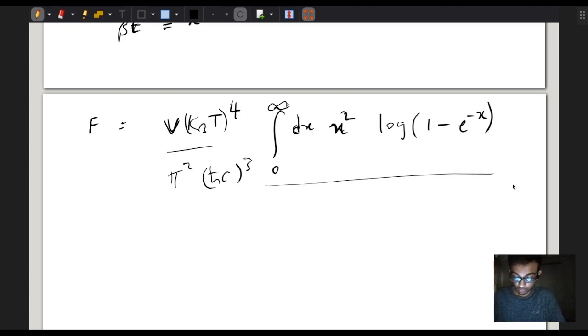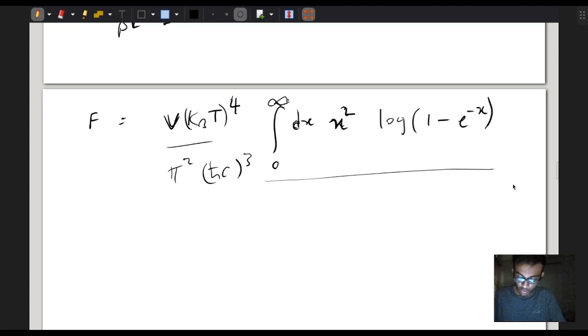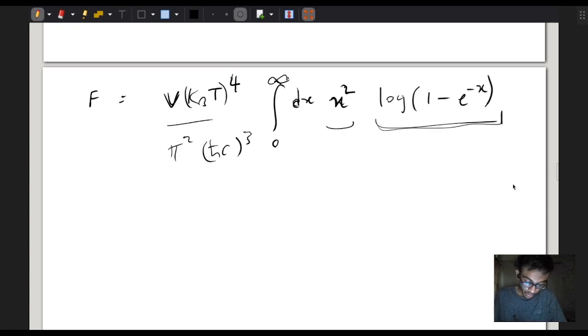So I think, let's do some integration by parts. If you do an integration by parts by taking this second factor as one which we differentiate, this will become